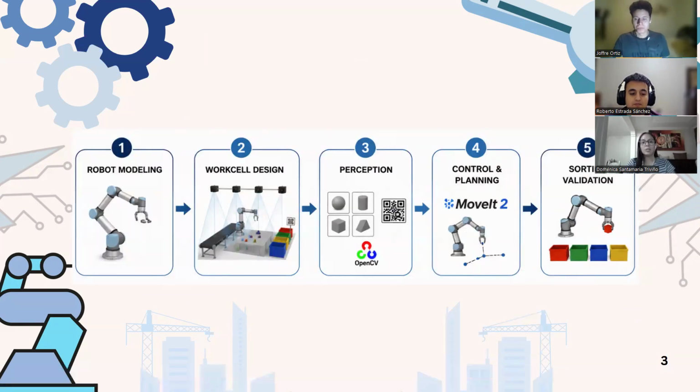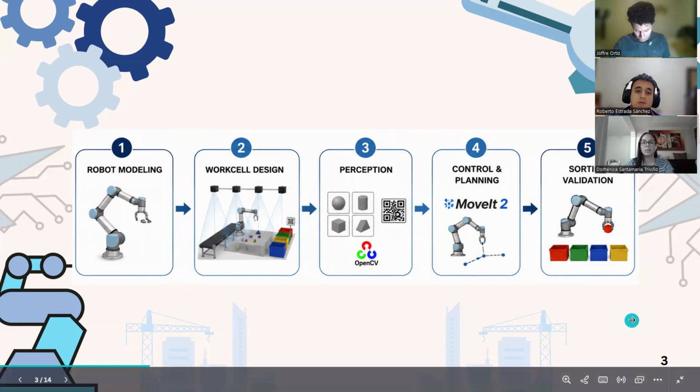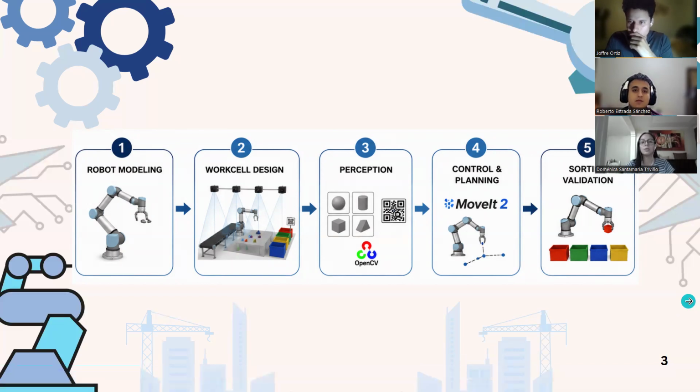Our methodology was divided into main stages to develop and validate the autonomous sorting system. First, we created the virtual work cell in Gazebo Classic using ROS2 to connect the different components. Then, we modeled and integrated the UR10E robots, the conveyor belts, and the custom end effector. Next, we developed the robot kinematic model using the Denavit-Hartenberg convention and used MoveIt2 for trajectory planning and collision